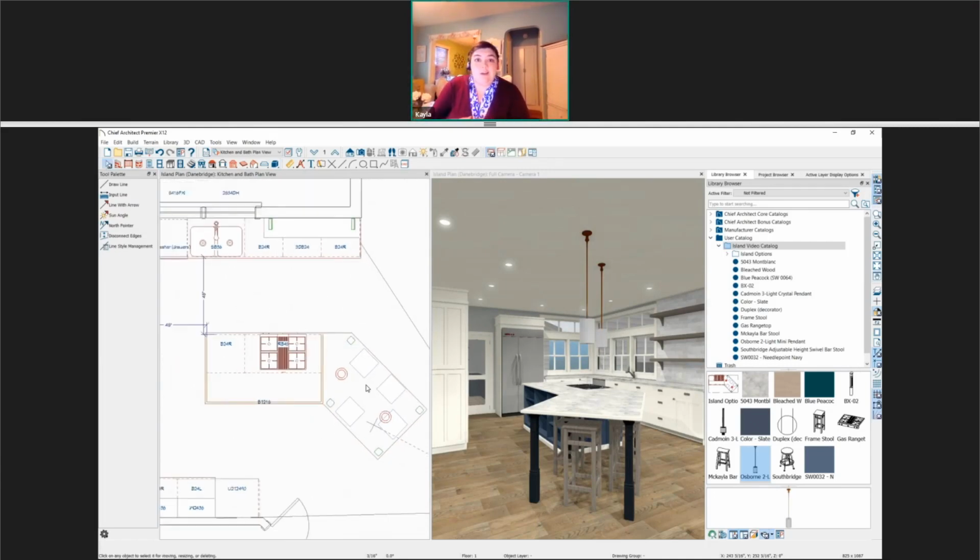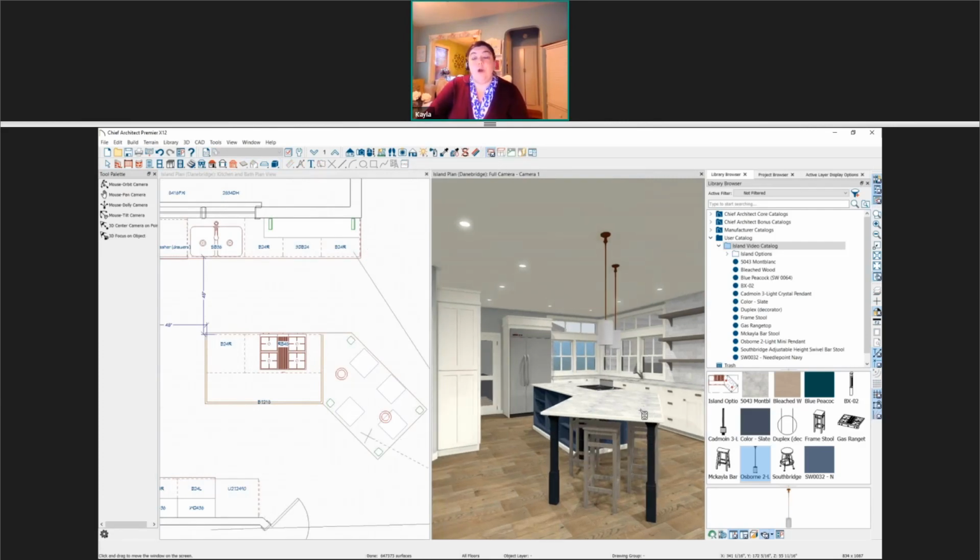The one last thing I need to do is just clean up my materials, and then we're going to go ahead and add it to the library. So I'm going to highlight my camera view so that I can grab some materials. All of the materials that I want to use are already in the plan. So I'm just going to use my material eyedropper to grab an existing material. In this case, I'm going to grab this slate material and I'm going to paste it onto all the cabinets in the room.